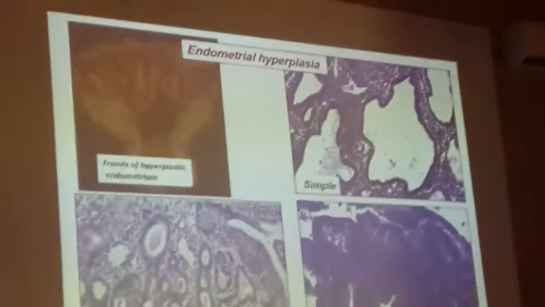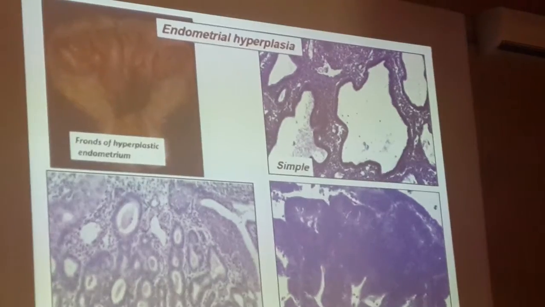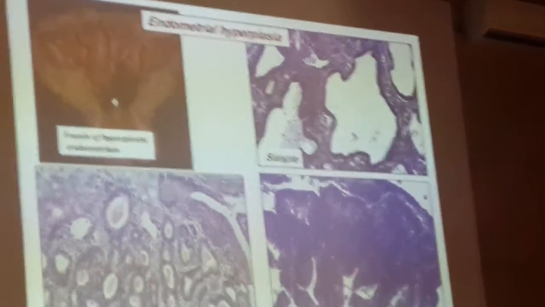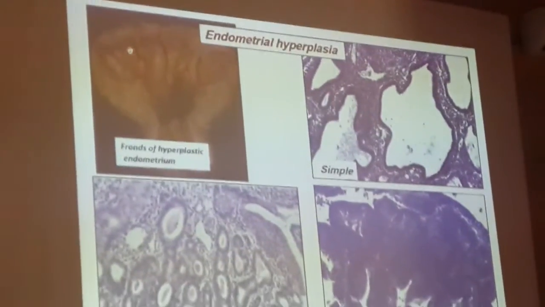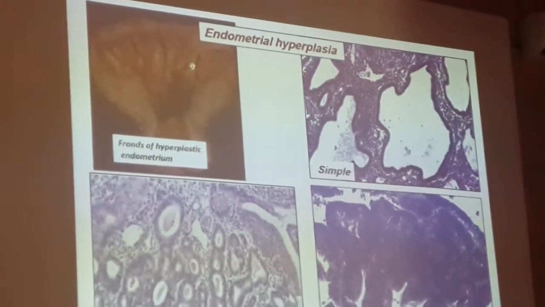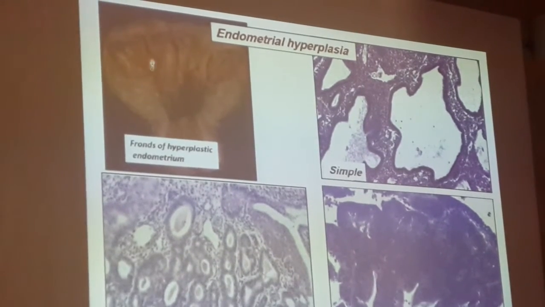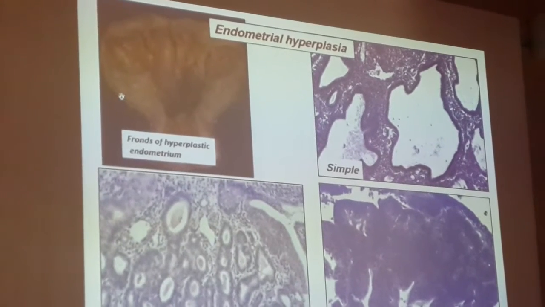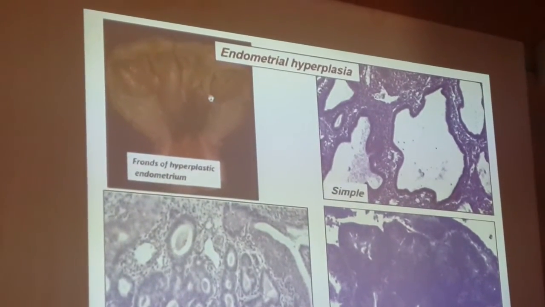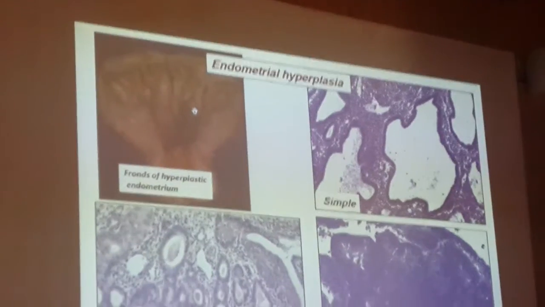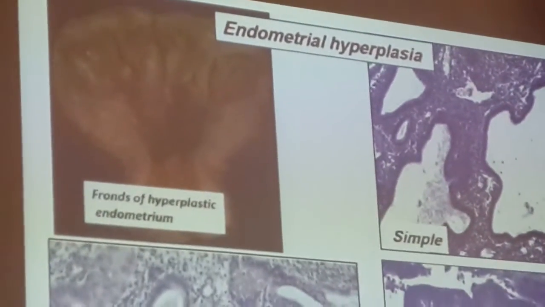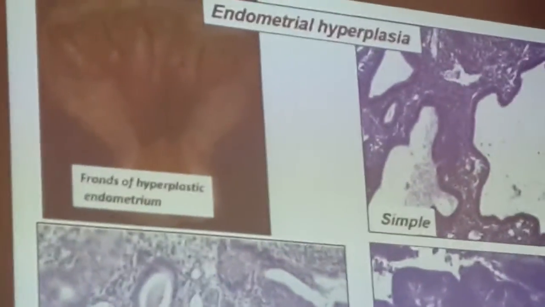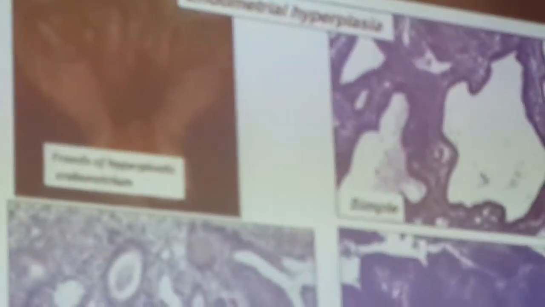What is endometrial hyperplasia now? This is the uterus, clear? This is the cervix below. This is the uterine cavity. Can you find these things? Glandular projections into the lumen, like these fingers. Can you see? Yes. So finger-like projections. These are not carcinoma. This is hyperplasia. The epithelium has undergone hyperplastic change and is forming finger-like projections into the lumen.